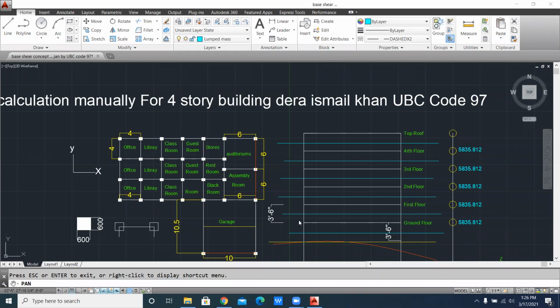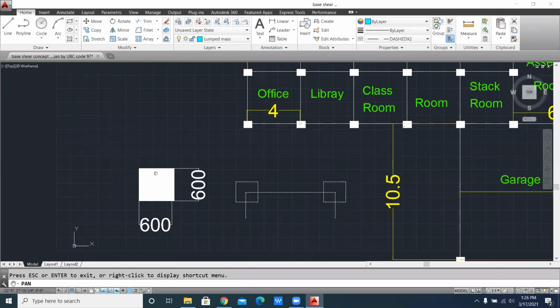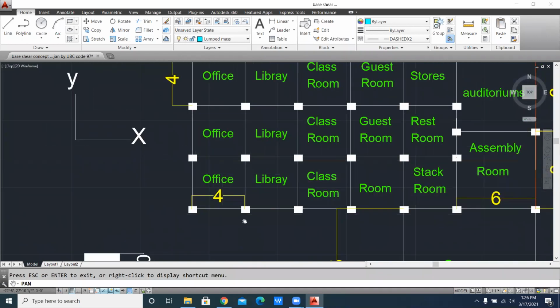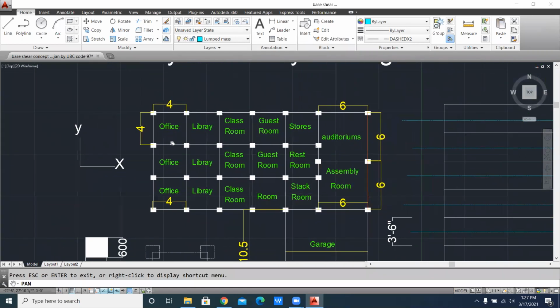Here, another thing you have to calculate easily: you can see the garage here. This one is room, this one is room, and this one is your column. Your column dimension is 600 cross 600 mm. Always remember that while I designed the structure, I normally took the values in feet, but I have considered them in meters because I am going to solve all my problems in meters. It is because my code normally gives kilonewton per meter square, so I would have to convert all values into meters. That would cause difficulty and be time consuming, so I just considered foot values as meters.